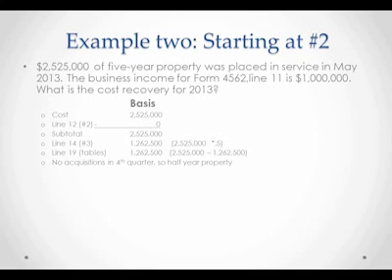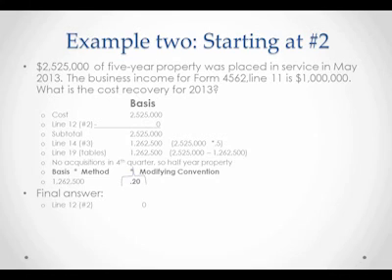Mid-quarter test: no acquisitions in the 4th quarter, so everything is half-year property. Basis, method, modifying convention: since we're in year 1 and using a table, the number I pick up will be both my method and my modifying convention. So I take the basis that's left. This is 5-year, half year, so it's 20%. So my final answer is the sum of line 12, line 14, and line 19 on my 4562, or